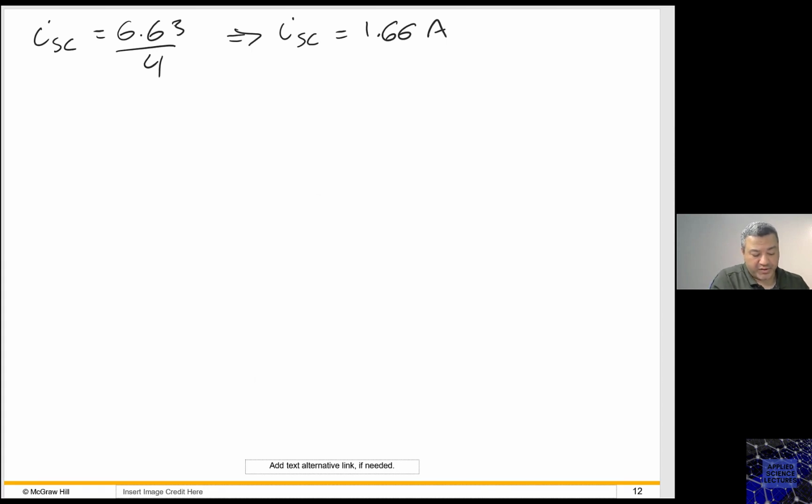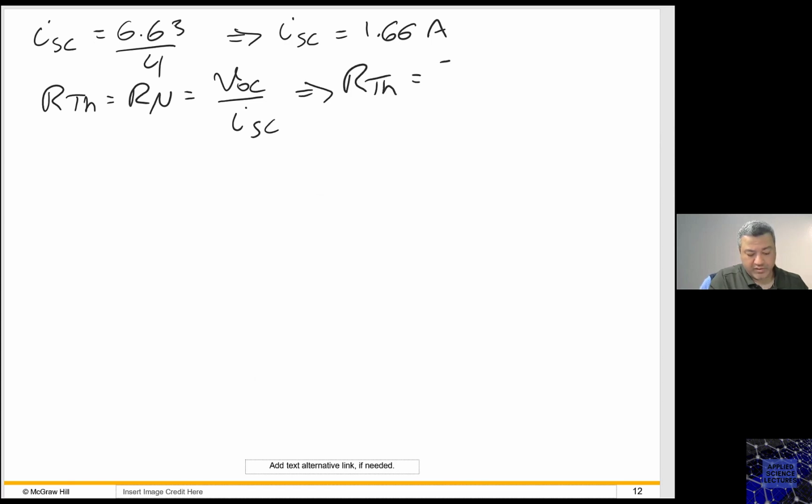So R Thevenin, which is also R Norton, is VOC, which is 7 volt divided by I short circuit, 7 divided by 1.66 is 4.22 ohm. So R Thevenin